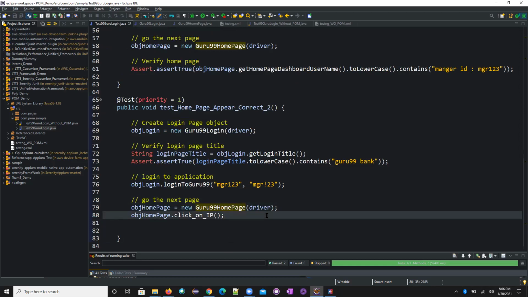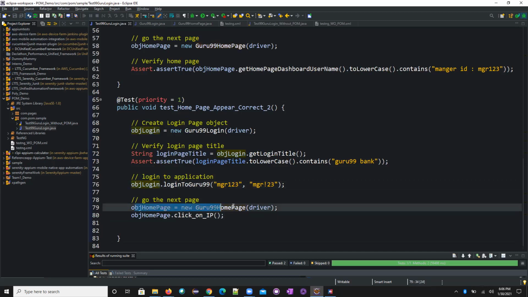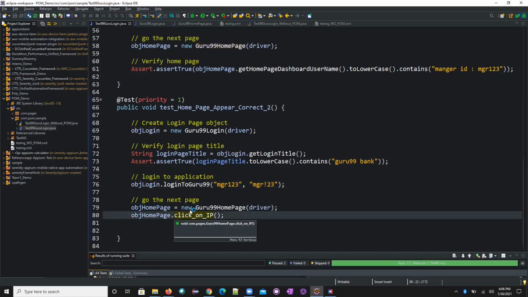So guys, now you understand why we need to understand what static variables and non-static variables are, why we need to create different classes, and how to access the methods and these variables from one class to another class. If you don't know all this information, you can't do anything. If you know that, then this is very simple to understand. See, I created an object for the home page, and I'm just calling that particular method.